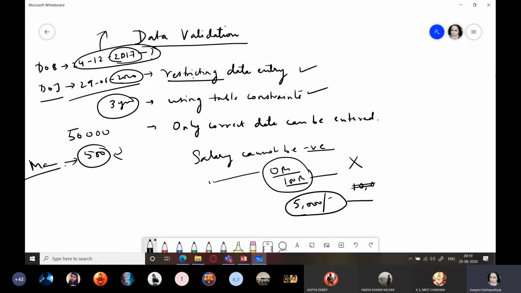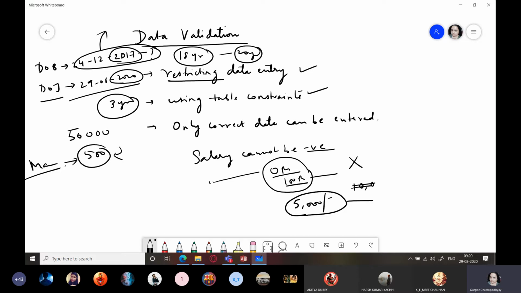Okay. तो इस पे भी आप restriction लगा सकते हो कि at least there should be an 18-year difference or a 20-year difference. Okay, between the date of joining and date of birth. Understood? So date of joining should be 20 years plus the date of birth. ऐसा आप कर सकते हैं. Understood? So this is what you are applying a restriction on the data.